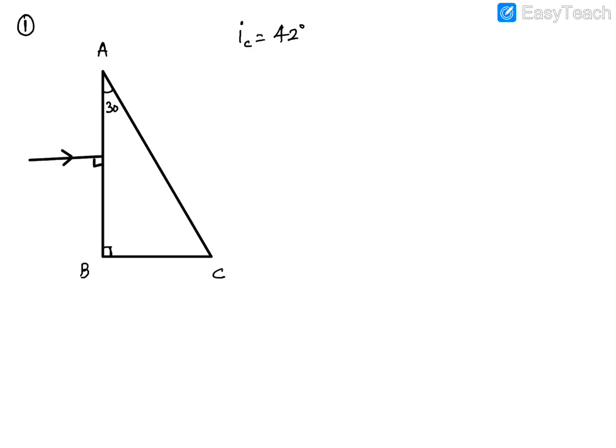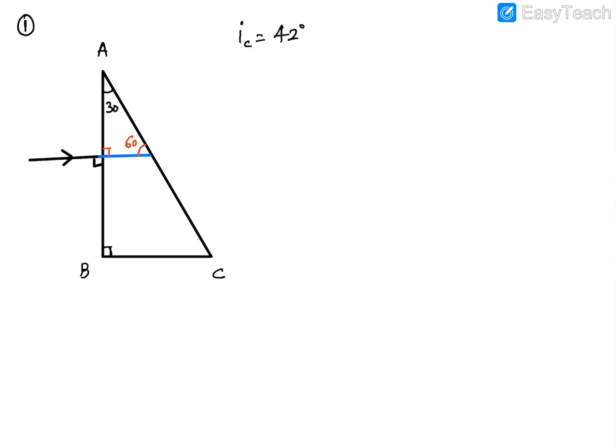So the first thing we are going to do is this: when a light ray is falling normally on a surface, how does it go? It will go straight, right? Without any refraction. It will keep going straight only, and there will be no refraction because it is falling normally. We've learned this in the A part of the chapter. Now guys, how will this light ray go further is what we need to find out. So first we'll have to find out the angles. So what is the angle out here? 60 degree. Why? Because this will also be 90 degree, and then the sum of angles in a triangle is what?